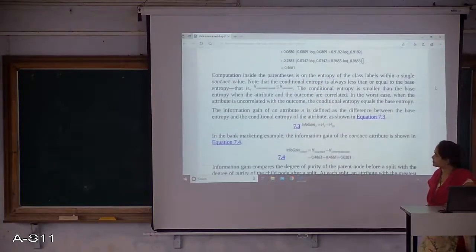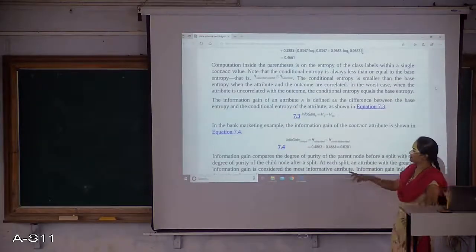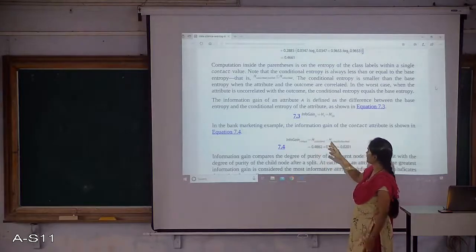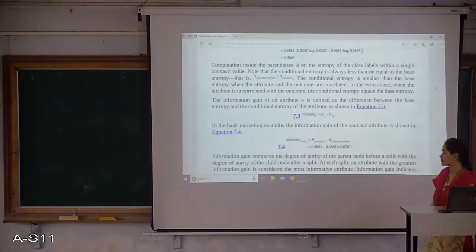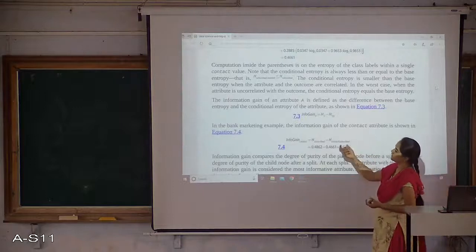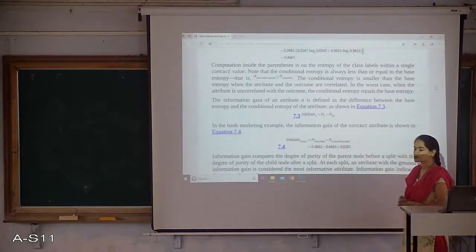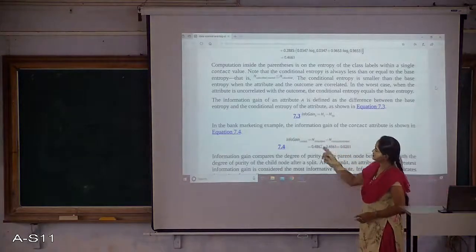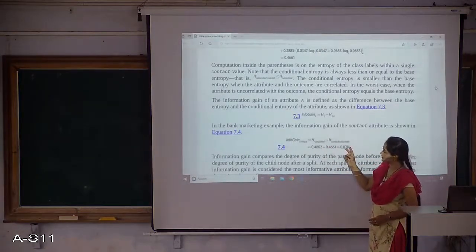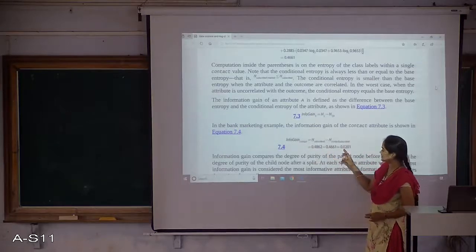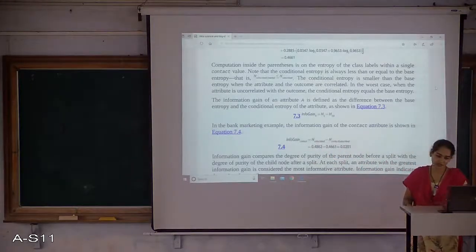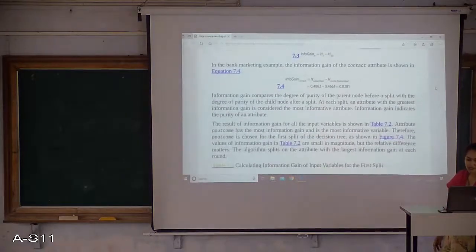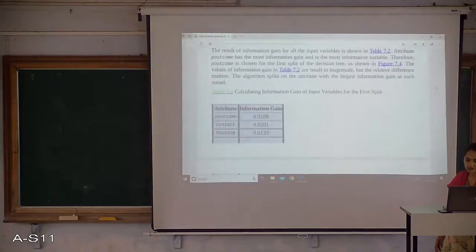Then the information gain is nothing but the total entropy of subscribed minus the conditional entropy. The difference between the total entropy and the conditional entropy is checked with this, right? So I am getting an information gain of contact of 2%, you can see, right? Based on this we go on considering all other variables.